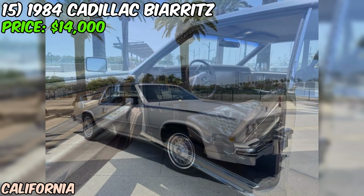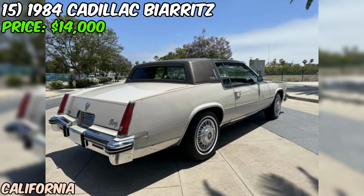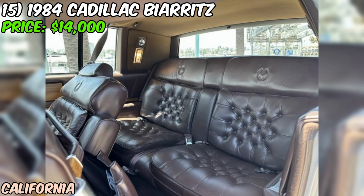These cars were built to be comfortable cruisers, and with its excellent condition, this one should be ready to hit the road in style. However, it's always important to be realistic when dealing with classic cars. Even a well-maintained vehicle from 1984 might need some attention to keep it running smoothly. Things like rubber components and other wear items might need replacing due to age, even if they haven't seen much